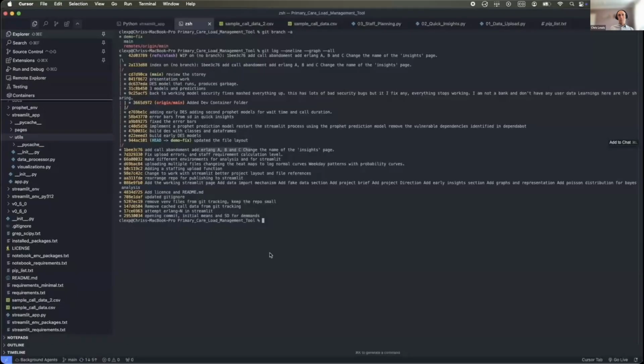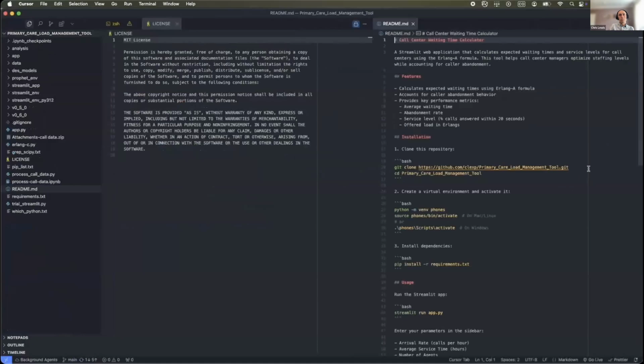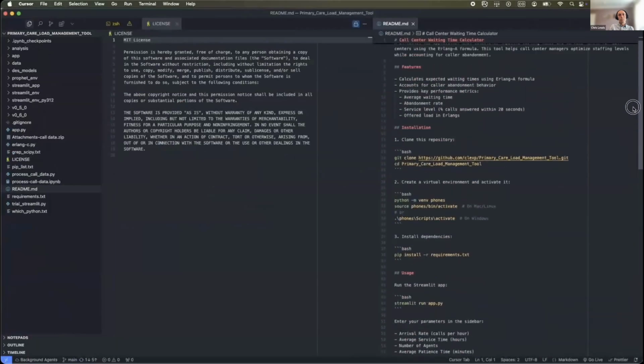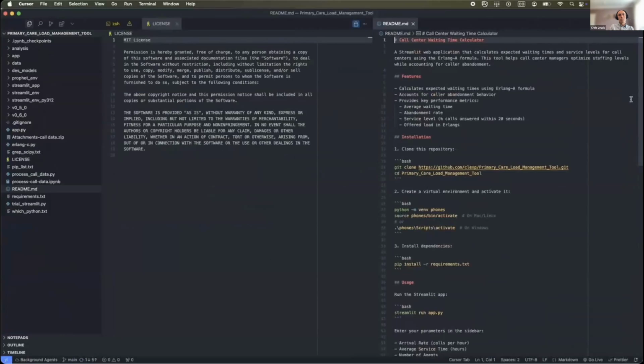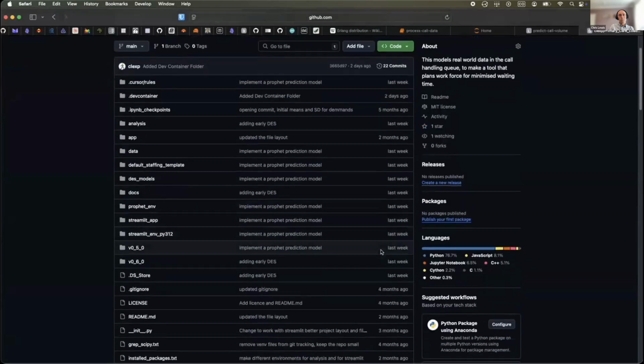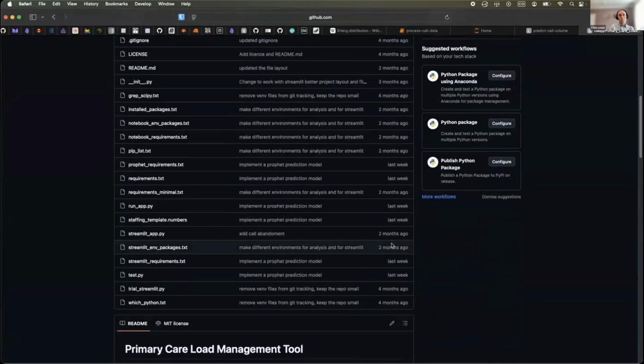Here I wanted to show you some branches in Git, where I went back and made some side branches, to develop some of the past work to show you on this video. Right, let's get a bit more serious. Let's create a license for this work and create a README. The license is on the left, the README is on the right. Here it is in GitHub. This is what all the professionals do for sharing their work.